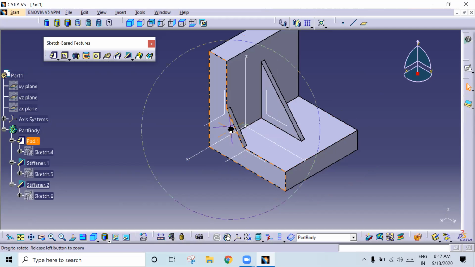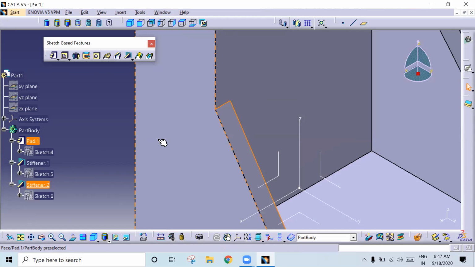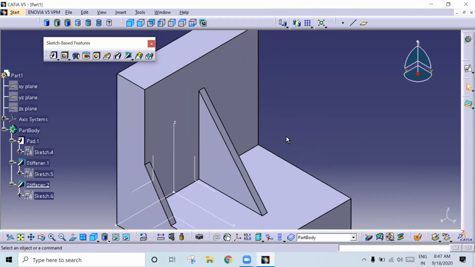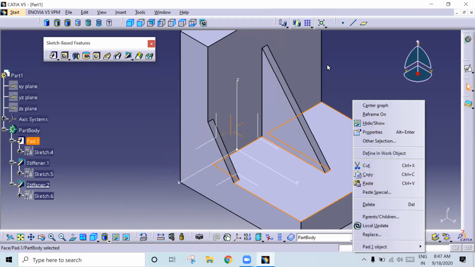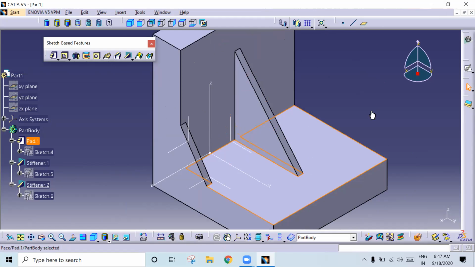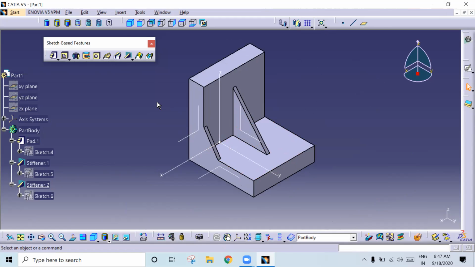See? Wait. My mouse is having some problem. Sir, he's using a laptop mouse, I think. Sorry? He's using a laptop mouse, not an alternate. Mouse itself. Mouse, sir, mouse. See, MB2 middle mouse button. Okay. Then one click MB3. See, like this. Yes, sir. Any doubts? No, sir. Okay.